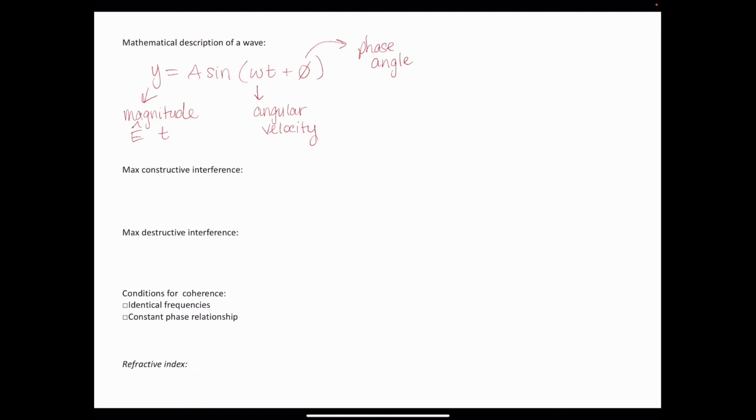Now the angular velocity is related to the frequency of the radiation through the following equation, where this is the frequency. And if we sub this equation into equation 1, what we end up with is